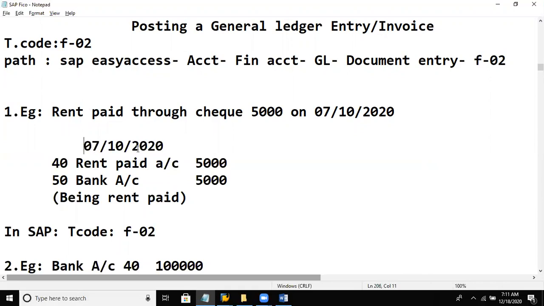We have to update the document date. But here, instead of going DR, that is debit, and TO, that is credit, we have to update the posting key 40 to debit an entry and 50 to